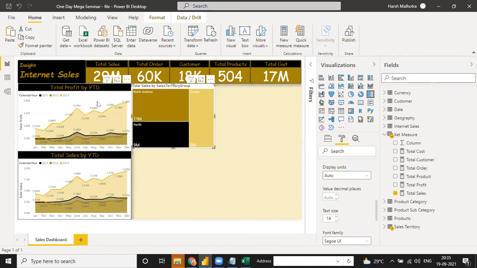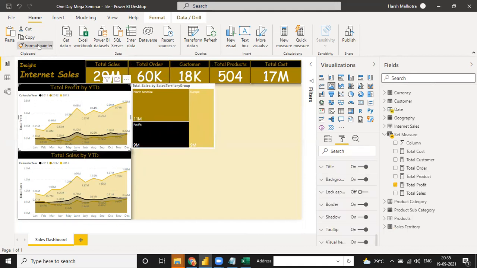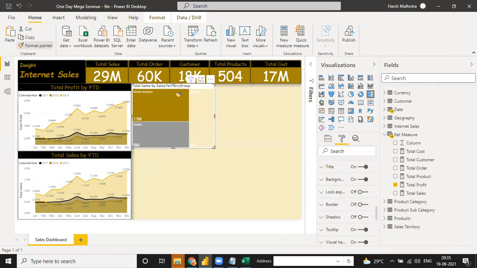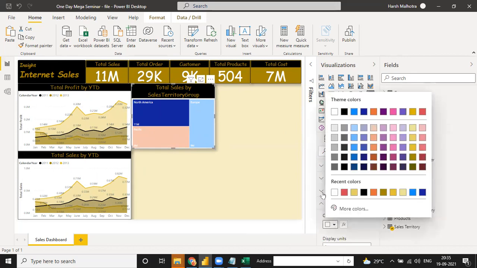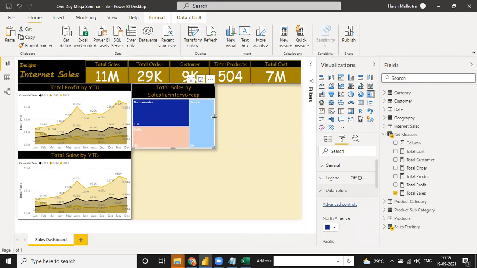But see, when you click on this and go to format painter and apply the format, your title will be the same. See, the total sales. Also, you can just change the color of this category, like North America, Europe, or this color only, because you have to change the data color, all the things. Formatting is total sales by sales territory group.